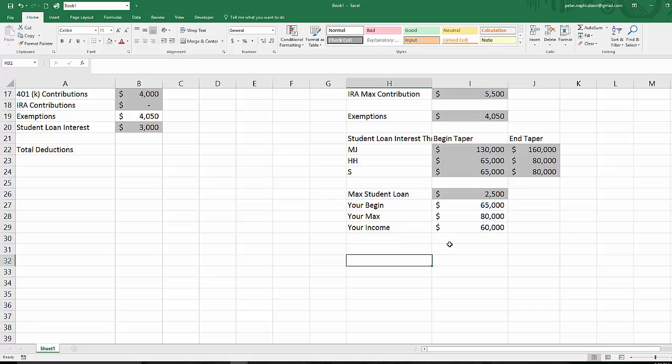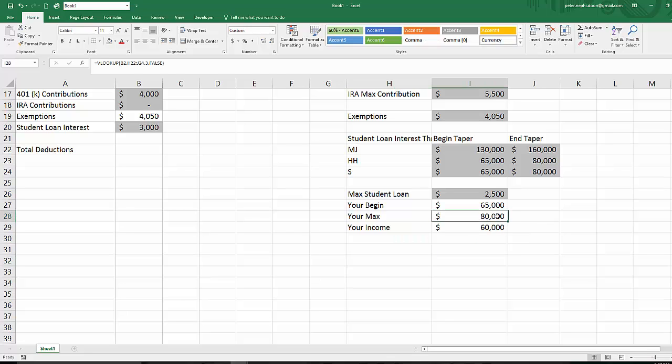Okay, so what we need to do is we need to figure out which range. There are kind of 3 ranges that your income could be in. If your income's above $80,000, you get 0. If your income's below $65,000, you can claim up to $2,500. If your income is in between $65,000 and $80,000, then what we need to do is you need to calculate some fraction of the $2,500 that you can actually claim. The closer you are to the $80,000, the less of the $2,500 you're actually going to be allowed